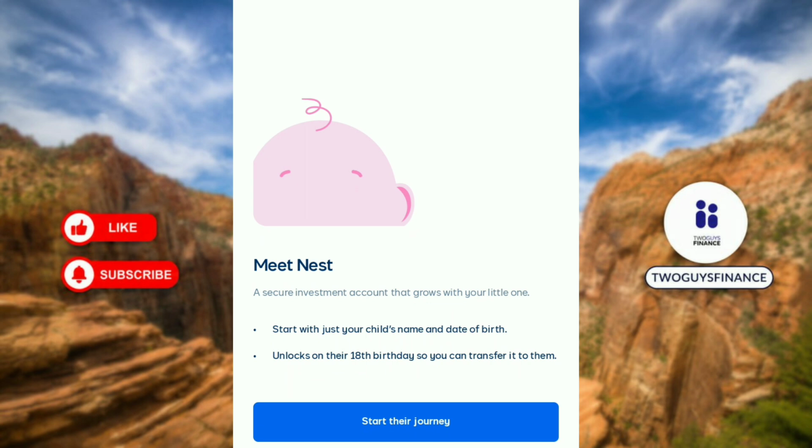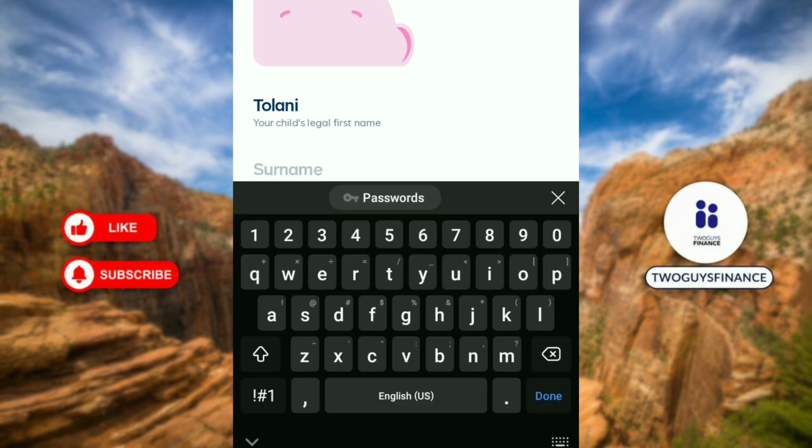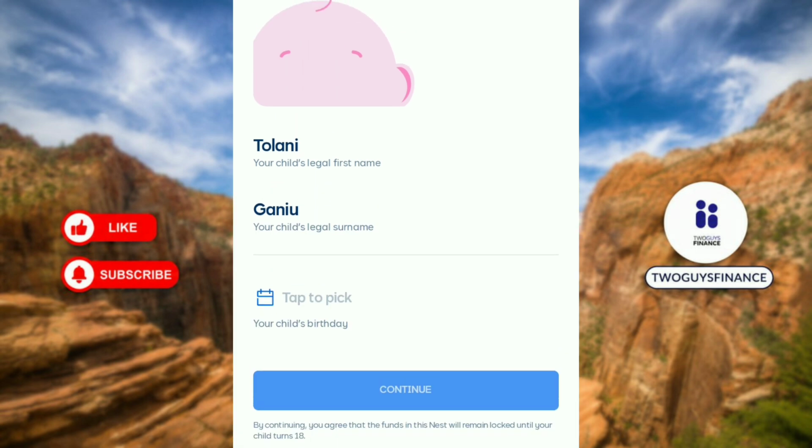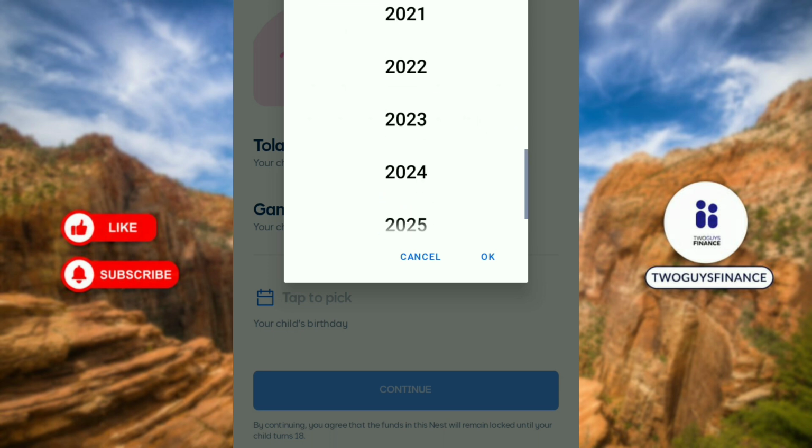After clicking on Start the journey, you input your child's details, the child's first name and your child's last name. Then you input your child's date of birth. After inputting all the necessary details, all you have to do is to click on Continue. After clicking on Continue,